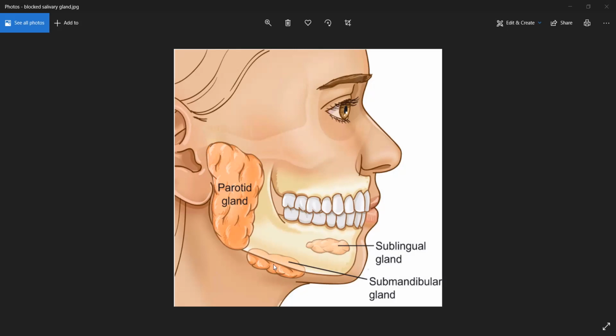The largest is the parotid glands, and the medium-sized one, in the angle of the lower jaw, is the submaxillary, or as you learn in your text, the submandibular gland. And we have another gland just below the tongue that we call the sublingual glands. Now I'll go into the details of the salivary glands, their secretions and their compositions.